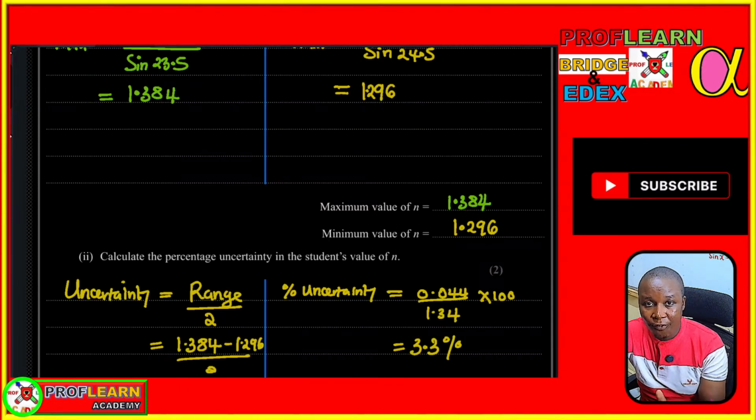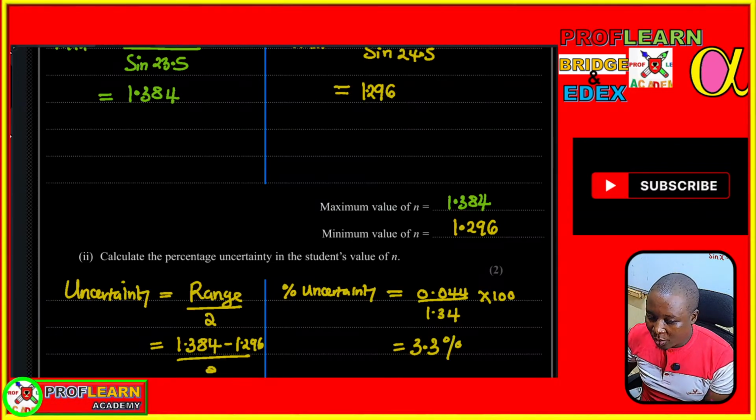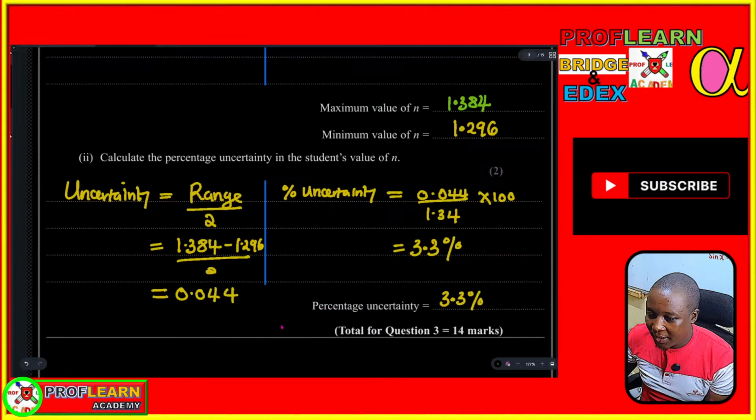So if you have more than two values, you need to work out the range of the values, and that's going to be the uncertainty calculated from the range. And to get the uncertainty from the range is range divided by 2. And that is exactly what I did here. The range will be